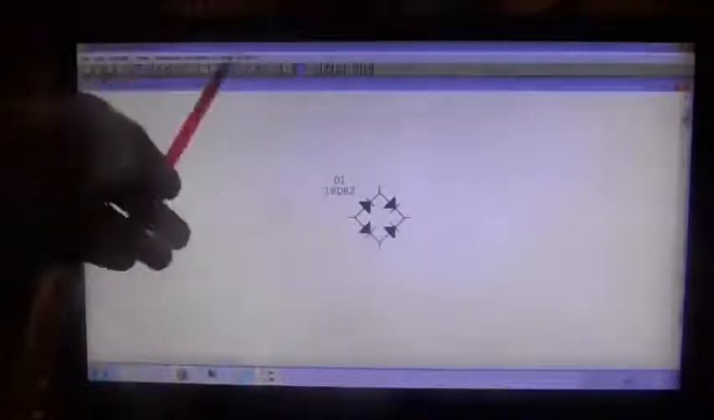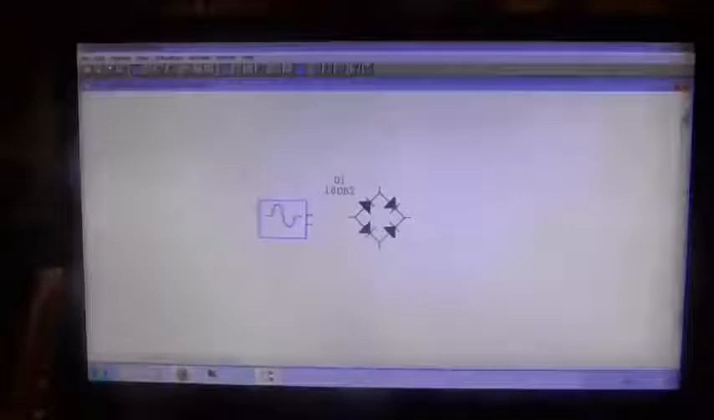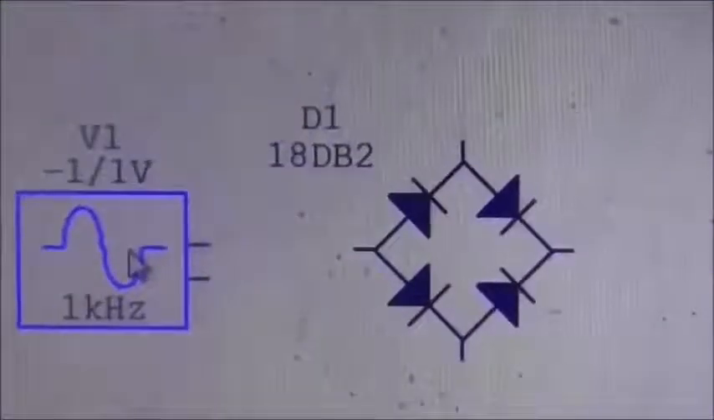So what we're going to do, back to Devices, up here, and we're going to go back to Search, because the next thing I want is an AC supply. And the AC supply is going to be provided by a signal generator. And again, I don't know where it is, so I'm going to find it. And there it is. So place, and in it goes. I'm going to zoom in on that a little bit before I do anything else,